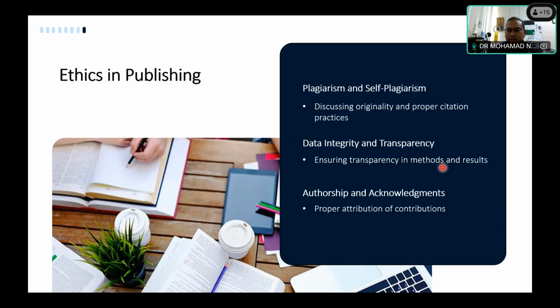Ensure transparency in method and results. A long time ago, what I observed is that every researcher tried to hide their originality, or the methodology of synthesized compounds. That's why I am very skeptical, because I was trained in France. My supervisor always advised me to be critical when a publication comes from the Middle East, India, China, and Pakistan. So try to be more critical about that, because I tried to repeat the procedures.